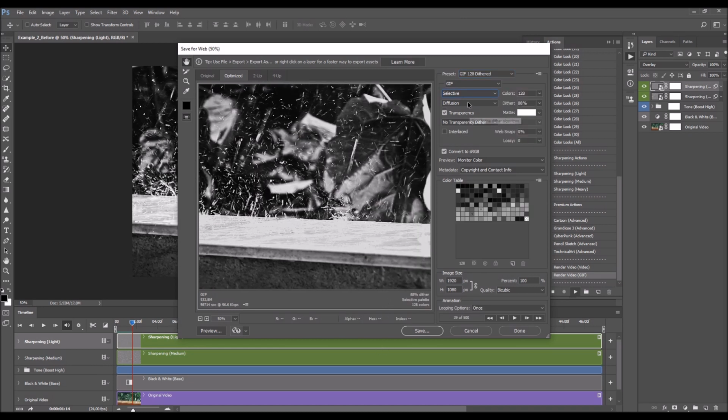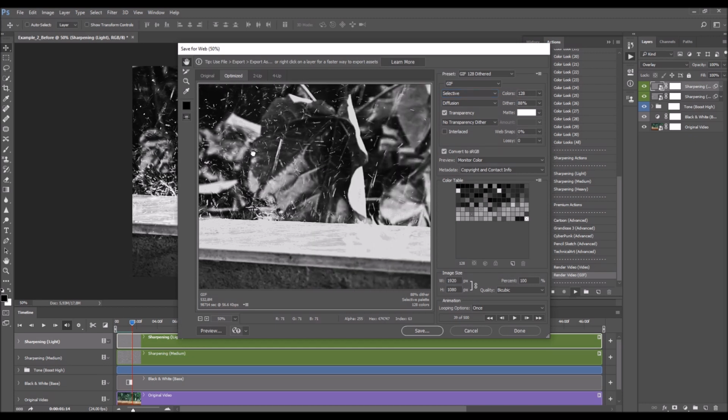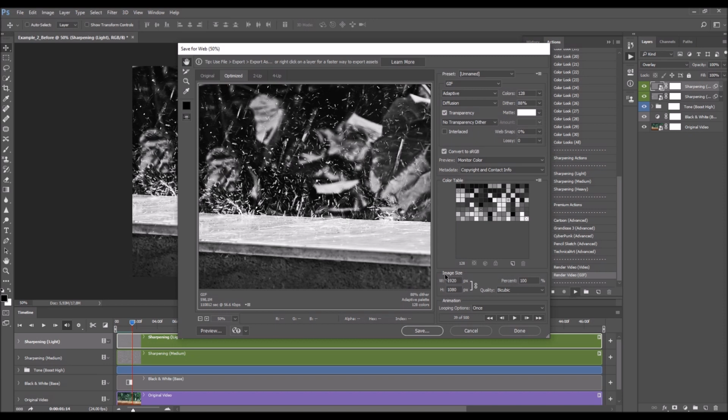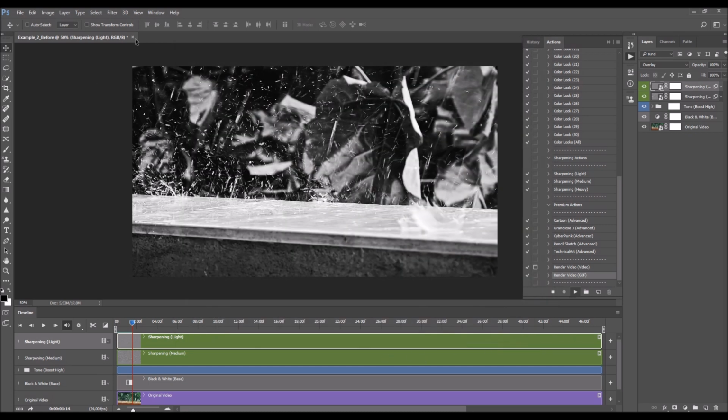All right. And what you can do, you can switch to different options here to see which one works best with your video. All right. And here you can change the image size of the animation. So you're not changing the actual file size here, just the output of the animation that you render. And you want to make sure that you check here the looping options. You just set these to forever if you wish that the animation just keeps repeating, and just save. All right. So now I'm just going to proceed